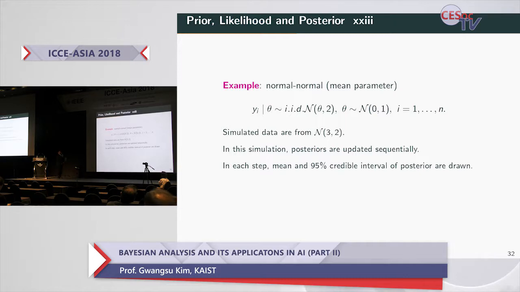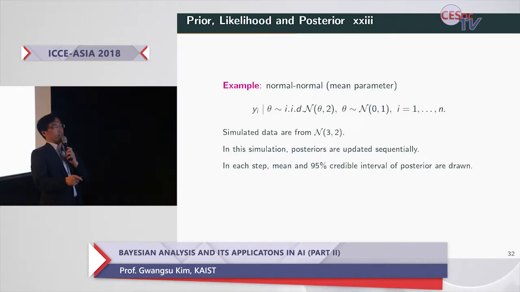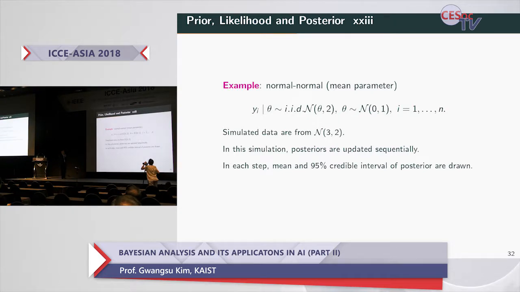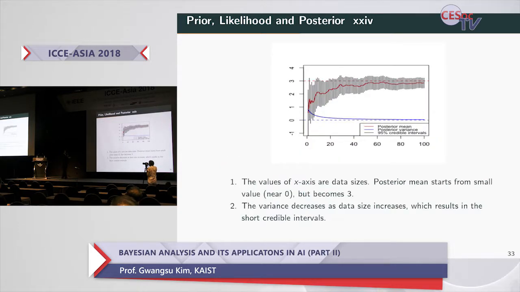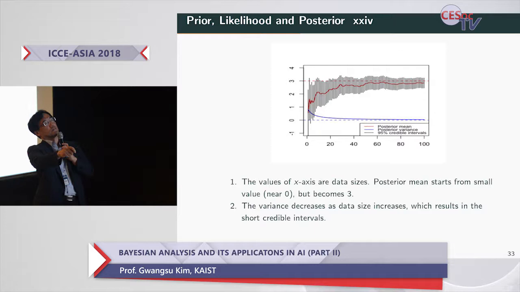Here is an example, the normal model, with a prior on theta, and simulated data from a normal with mean 3 and variance 2. And in this simulation, the posterior is updated sequentially. At first, only one data point. And the second, using two data points. And at each step, the posterior mean and 95% credible intervals are drawn. Here is the path. The red line is the posterior mean. At this point, the posterior given 20 data. And at this, the posterior given